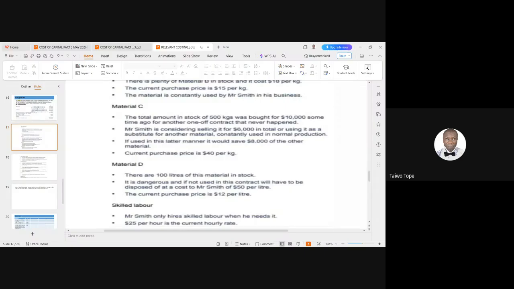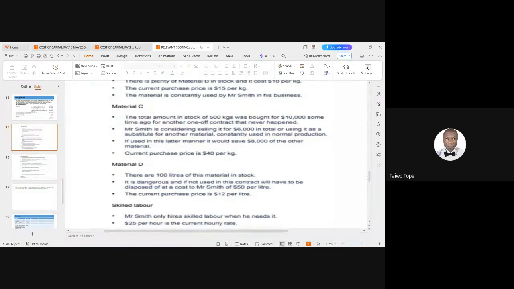Because I remember last night, some people were adding it as a part of cost, but the English is it will have to be disposed of at a cost to Chioma. When it is disposed of at a cost to Chioma, it means Chioma is bearing the burden. Chioma will pay for the disposal. But where this product is used, Chioma will save the cost of 15 naira per liter. And when Chioma is saving the cost of 15 naira, it will reduce the overall cost of the